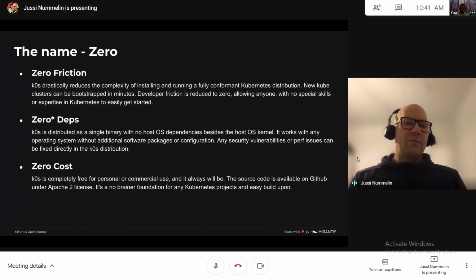So basically you can ship the same binary into Red Hat or into Ubuntu or any of the Linux distros, and it works exactly the same way.